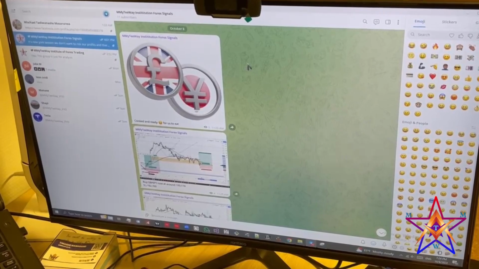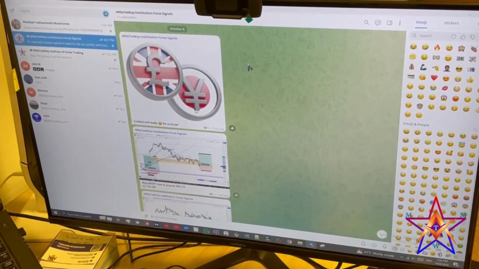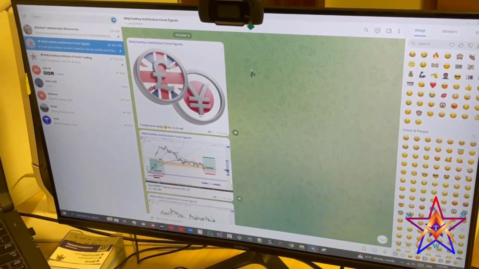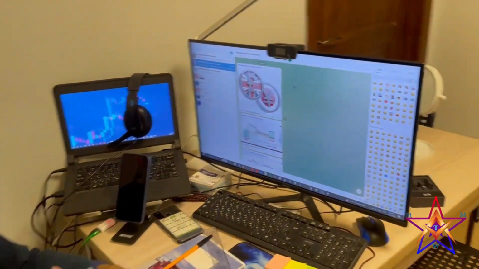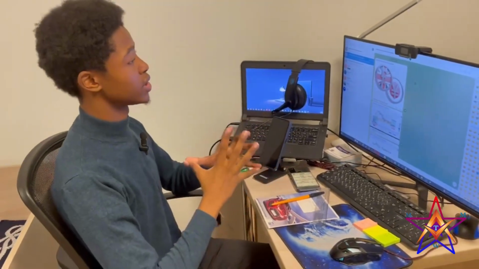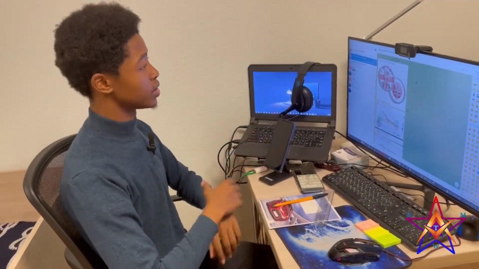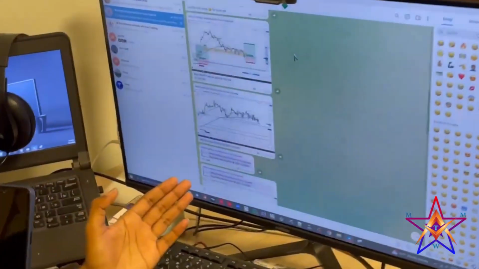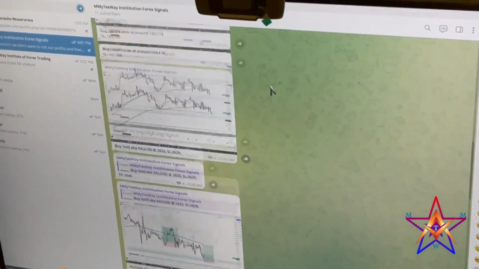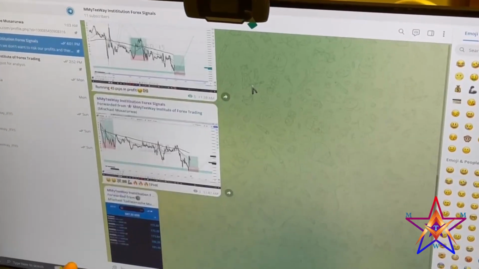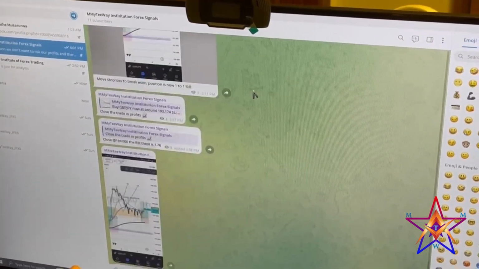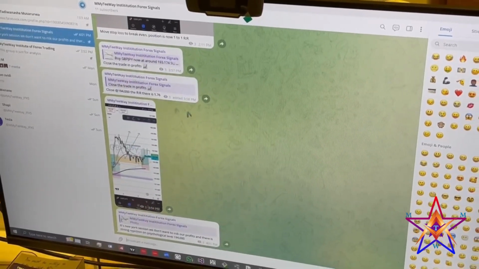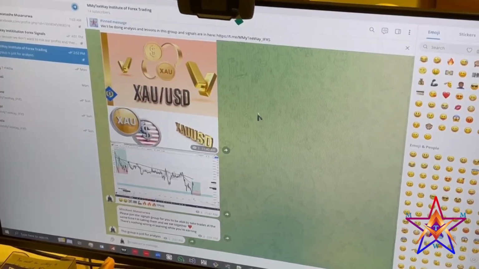And then in the signals group is where I tell you, enter at this point, adjust stop loss at this point, exit at this point, take profit is this, stop loss is this. This is how basically we do things. So this was today. Let's show them. We had 2 trades and all of them were wins. And someone gave a testimony.